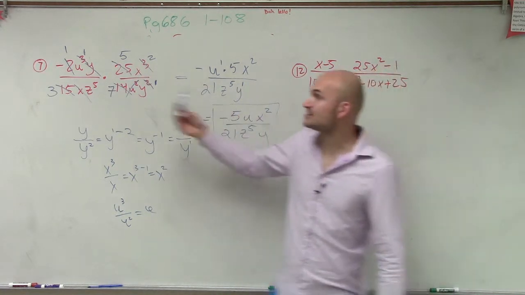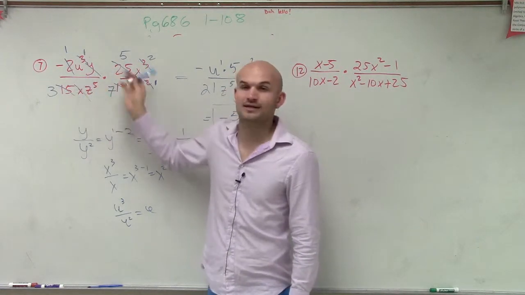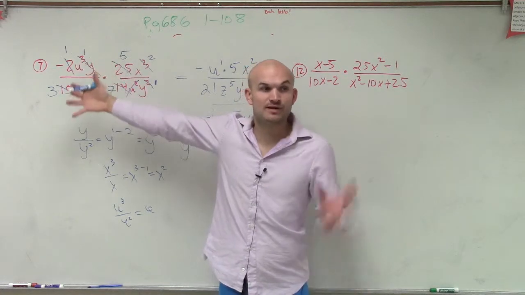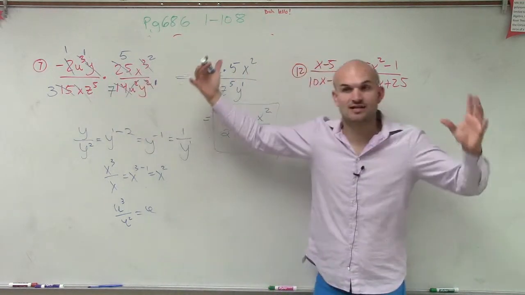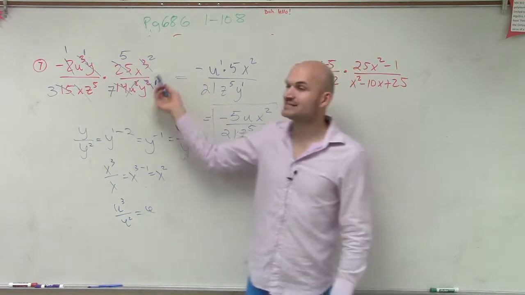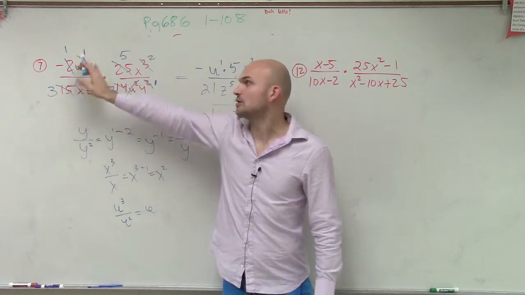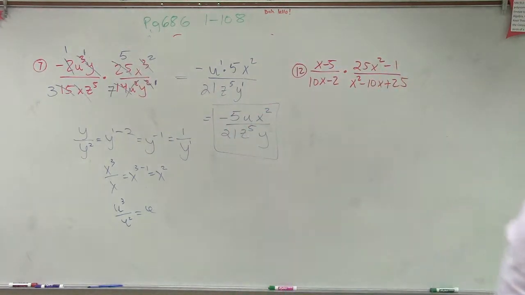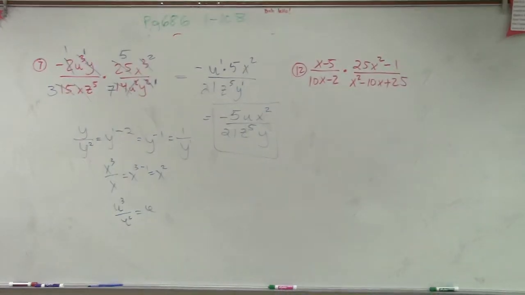So just remember, since we all have multiplication, you can distribute amongst your two monomials. You can multiply all this across and rewrite it as one monomial and then do your simplifying. But since multiplication is distributive, you can distribute amongst your two monomials since you're multiplying them. Now, that brings me to my next point, which is the